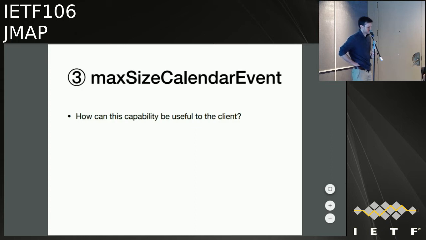Clients can look at this and say your 10 meg message is clearly not going to be accepted on this thing that says maximum size of a calendar event is 50 kilobytes. Is it worth having at all then? Yeah, probably not. The server can always reject anyway, as long as there is a special error. I'm pretty sure it's a too large error or an oversized error, which is separate from over quota, which is another thing you can have, but they're both errors that exist. All right. I think we'll just ditch it then, from the sound of it, if it's not useful, and I don't think we can make it useful.